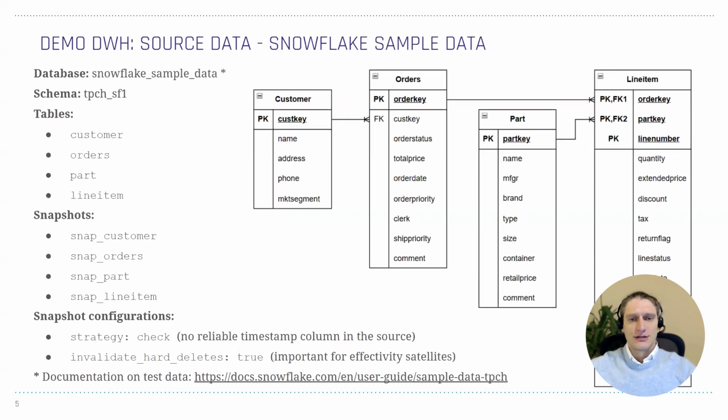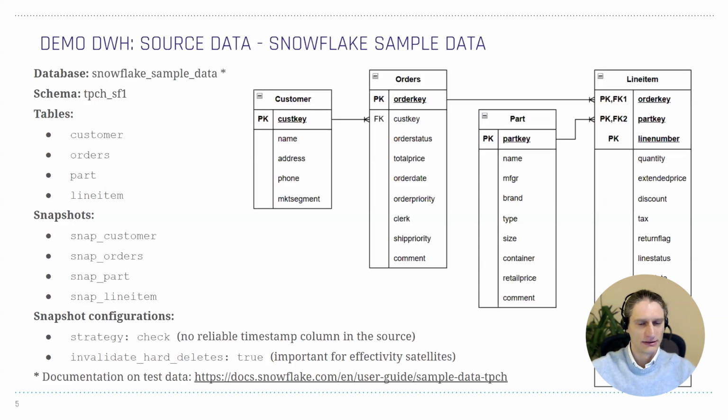And for this DBT talk session, I built a small Data Vault style data warehouse that sources data from the Snowflake sample database. These data sets are provided by Snowflake for testing complex queries on large-scale business-related data. You can find the documentation link at the bottom of this slide if you would like more details. The data set consists of 8 base tables with predefined relationships, but I selected 4 key tables as source tables: